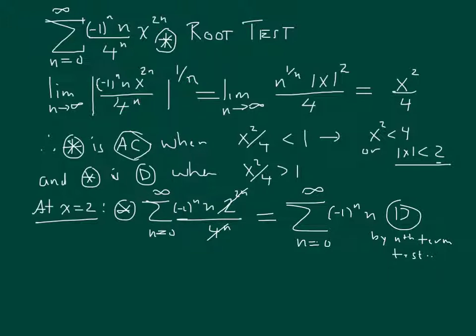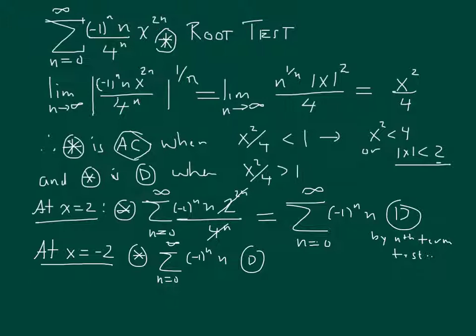In this particular case, the power series we started with becomes the very same thing at -2 that it did at 2. So it's also divergent. So our interval of convergence is the open interval from -2